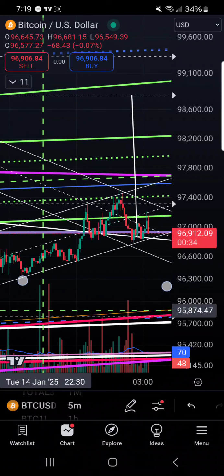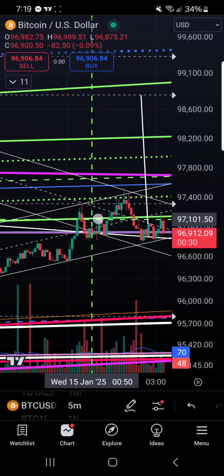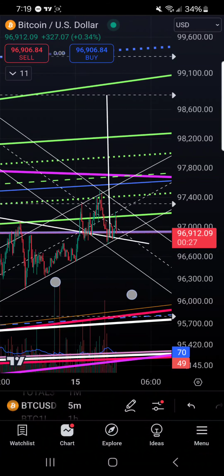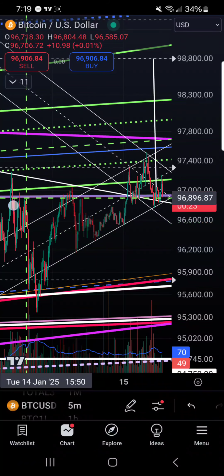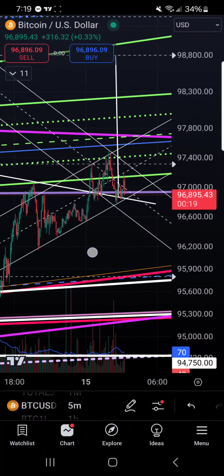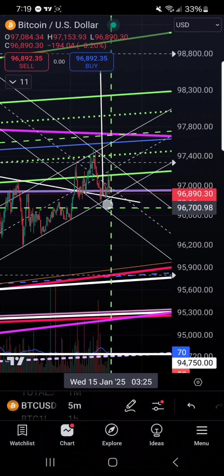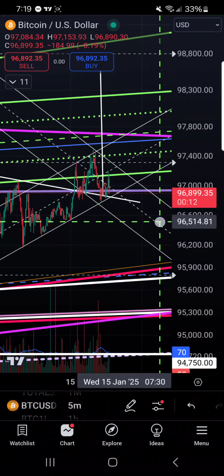And we possibly have, I don't know, kind of a mini head and shoulders here. These are just telling us that we're oscillating back and forth. We don't know what the hell's going on. Coming down this way, coming back up this way, maybe coming down back this way. Now what's interesting is this channel here, if we do come back down, this channel,